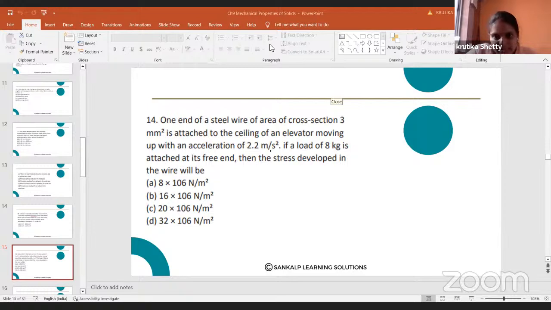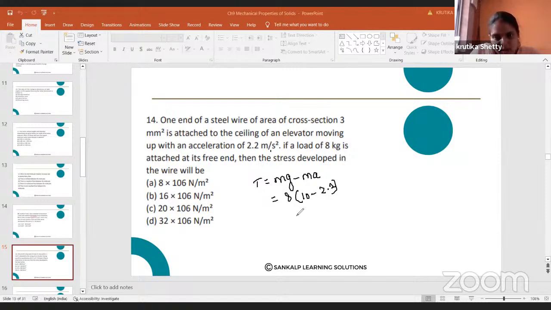See here. One thing you need to understand is that the elevator is moving in the upward direction. Here we are using the laws of motion concept. The tension T is equal to mg, and since it is moving in the upward direction it will be minus of ma. So m is common here, that m is your 8, and acceleration due to gravity, for convenience I'll consider as 10 instead of 9.8, minus acceleration 2.2. So if you simplify this,